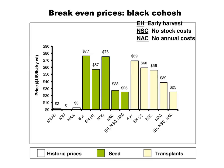That is, what if we could get an early harvest? What if we didn't have any stock costs? And what if we didn't have any annual costs? And we calculated from seed and transplants what those break-even prices would be for black cohosh. So what you're seeing there at the top of those histograms is the cost that you would need to get to recover, or the price you would need to get to recover the cost of that production according to each